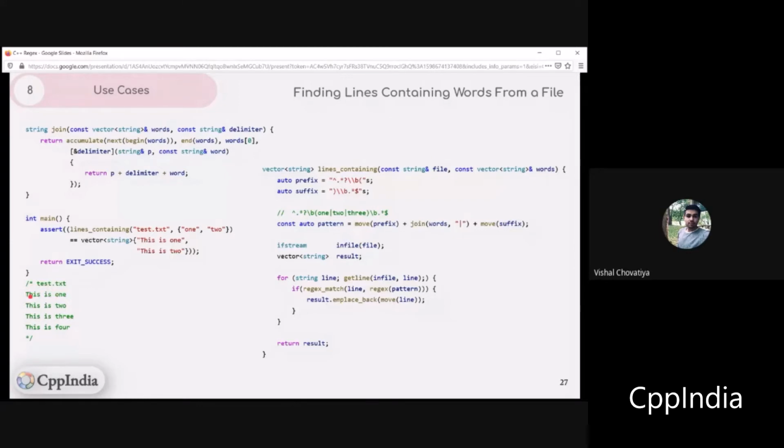So anything will be prefix. So this will be prefix. These space is space. This will be prefix. Now our word boundary start, slash b, and our word will be in between. So if it contains one or two, which we have captured over here, one, two, three, anything that we have passed over here. Again the word boundary, and anything after that line, although I have terminated that line, which is also shown